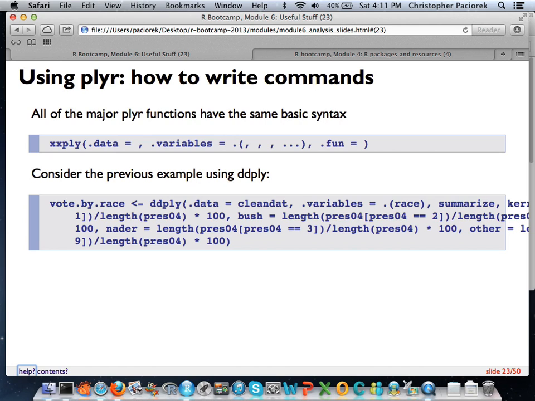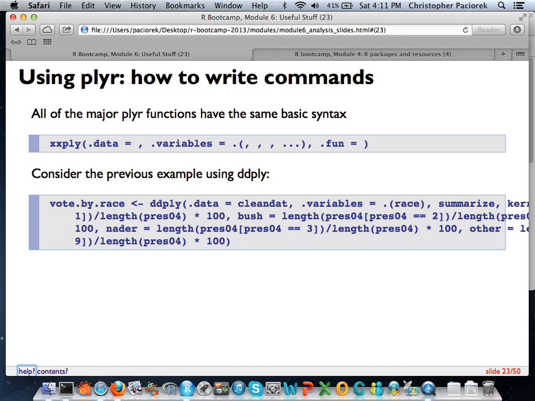But all you have to do is enter the data set that you're interested in. You put that right here. The variables that you're interested in are the variables whose values you want to split the data apart with. So if I want to split on race and gender and say party affiliation, all I would do inside these parentheses is put race and gender and political affiliation, et cetera.